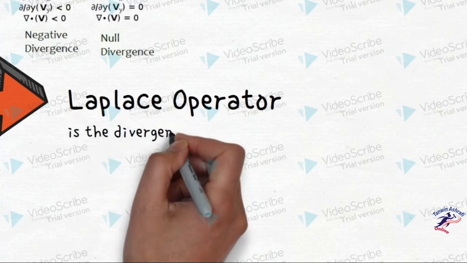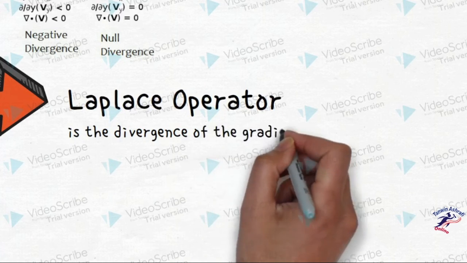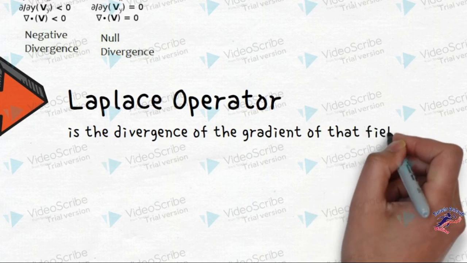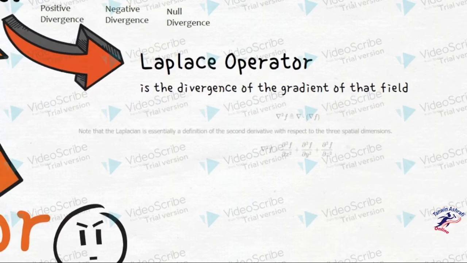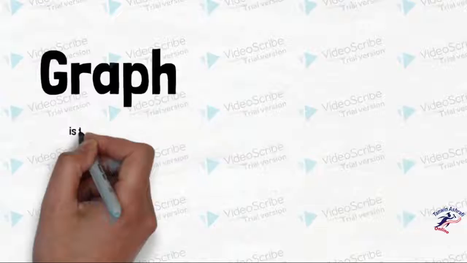And the Laplace operator is the divergence of the gradient of that field. That means del square f. Yes, del square f is the divergence of a gradient. As you can see, del square f is equal to del dot del f. And note that the Laplacian is essentially a definition of a second derivative with respect to a 3-dimensional partial derivative. Del square f is equal to del by del...